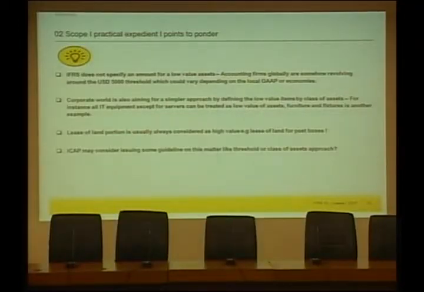Land is usually not acceptable to be considered as low value. In Pakistan, maybe it will not be a big problem, but for us it was a bit of pain, because you have to really lease a small portion of land to put in the post box. It's a really small piece of land, and somehow PwC was not convinced that we can treat land as a low value asset, although the post box itself was a low value asset, but the land was not.